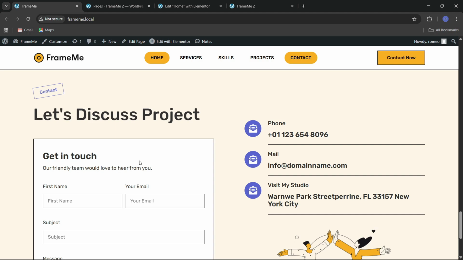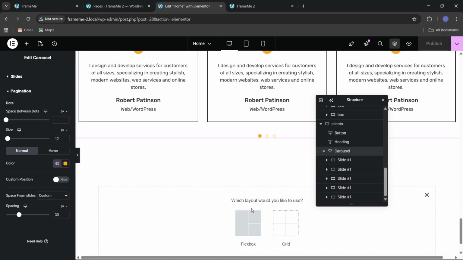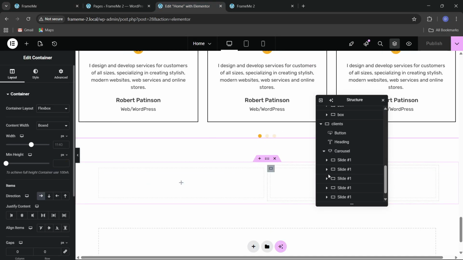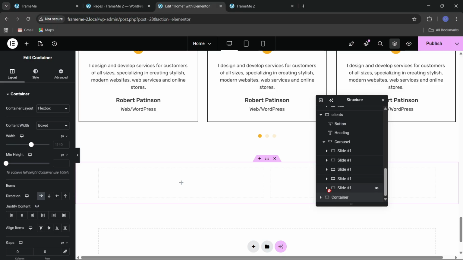So now let's move to the next section where we're going to build this contact section. So you can see we have this section now. So let's get started. Here we have to add the section again, and what we can do, we can just rename this section here contact. Okay, and also we can just make everything